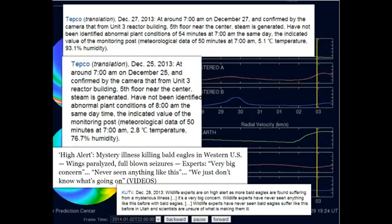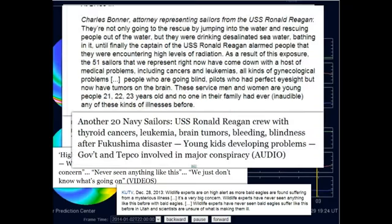And at the bottom, in Utah, we're getting these bald eagles that are dying. Check this out. Wildlife experts high alert on bald eagles are found suffering from a mysterious illness. This is the radiation. On top of this, the USS Ronald Reagan, the sailors that went there